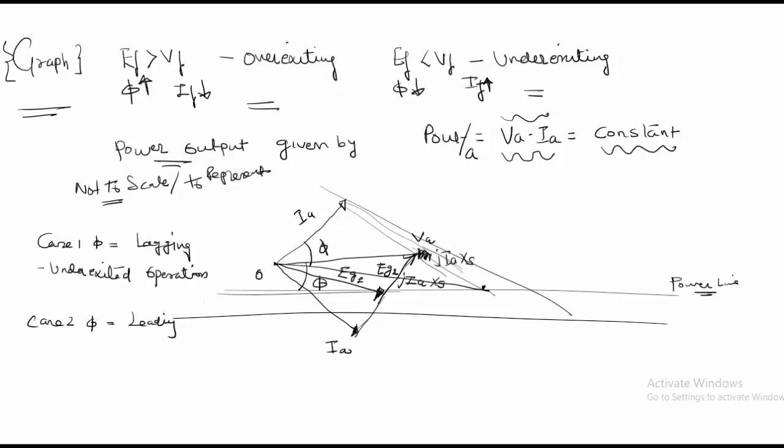So the angle here was delta 1 and the angle here was delta 2. So it is seen that delta 2 is less than delta 1,